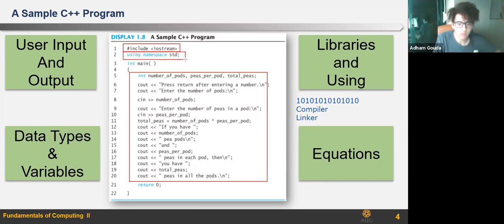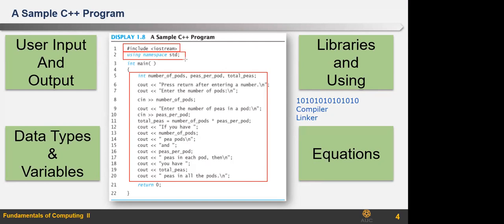I don't remember what exactly it is, but I remember that it allows us to use the cout and cin functions and the endline operations. Yeah, okay, that's fine. Doctor, may I answer? Yes, Ali. The using namespace std allows us to use the standard form and not the modified form. So when we put using namespace std, we don't have to put std before cout and cin and after it.